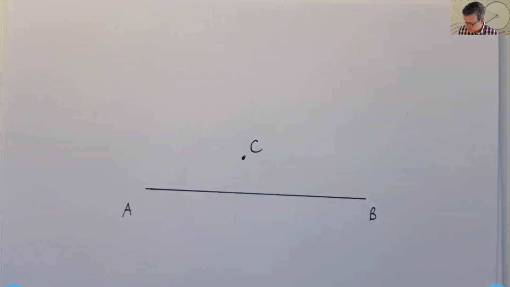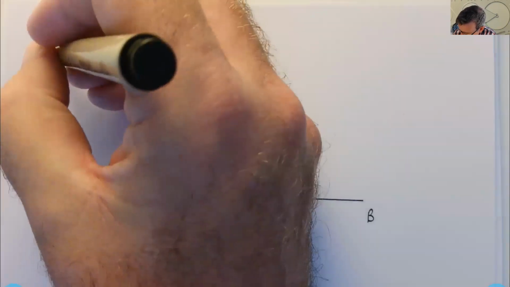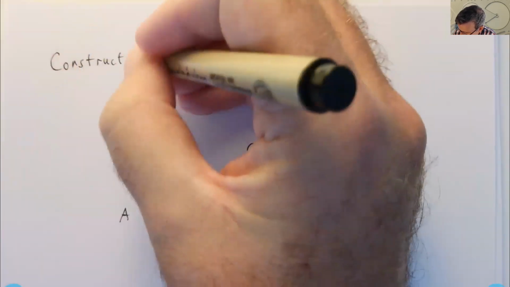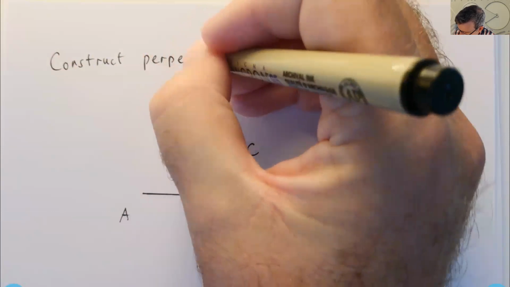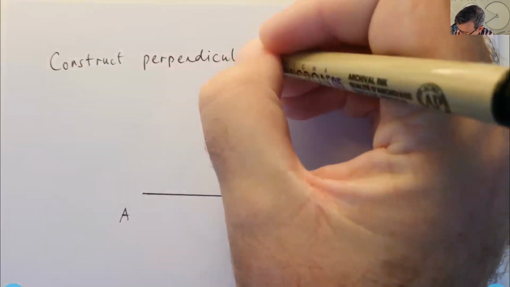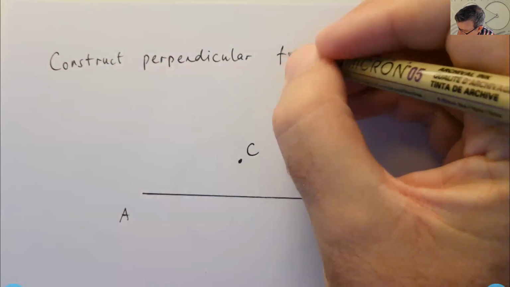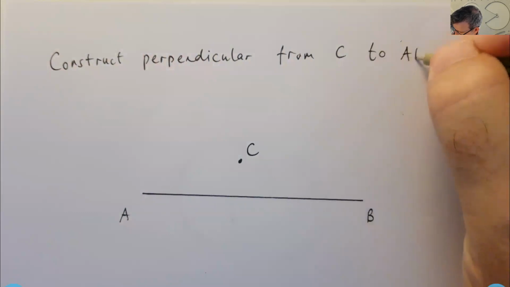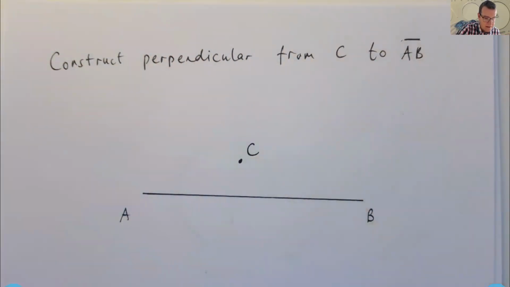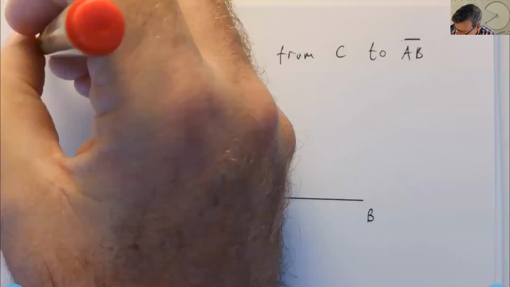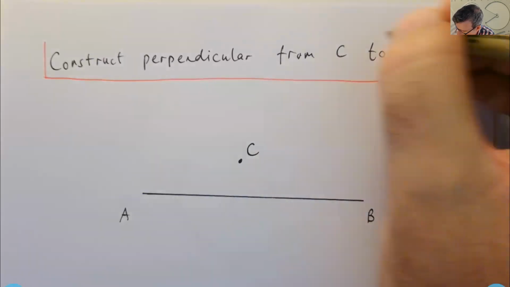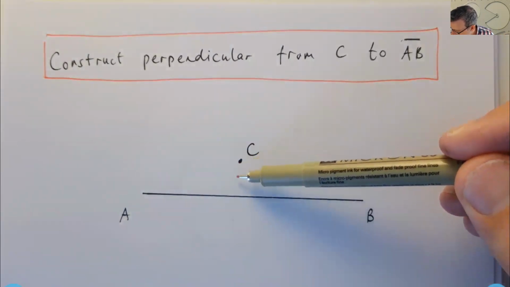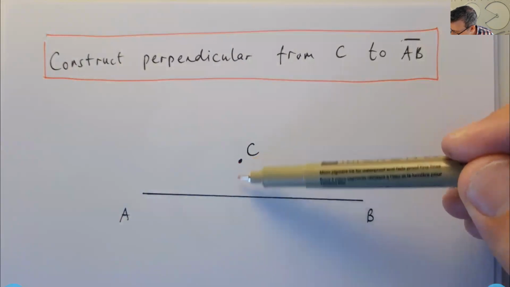So let me write down the actual construction. Construct perpendicular from the point C to the line segment AB. So let me highlight that. So what are we looking for? We're looking for a line segment that goes through C and is at 90 degrees or a right angle to